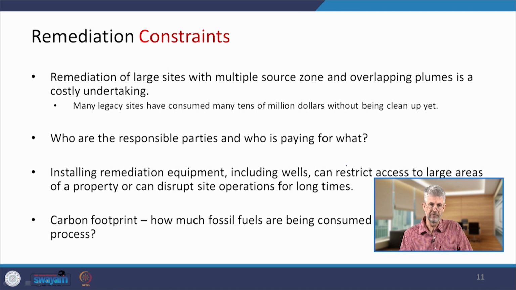Often these are factories that are still very much active, producing whatever you want, and having these big pieces of remediation equipment sitting on the site can block access or can pose restrictions on what can be done on the site. These are concerns that are very important for the operator of the site, because they need to adjust their operating procedures to accommodate you, or vice versa, which is more often the case than not.